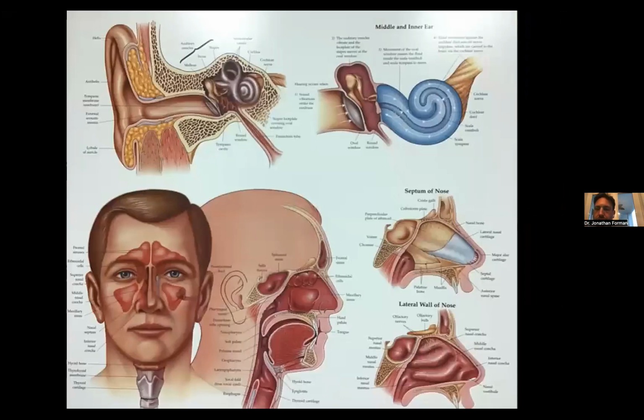So here's some good anatomic pictures, and again, as you can see, and I keep stressing this over and over again, we can see the red spot. Okay, so here's the septum of the nose, and here's a cartoon of air entering, and then there's the eustachian tube